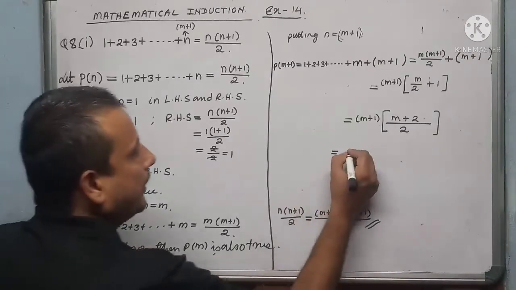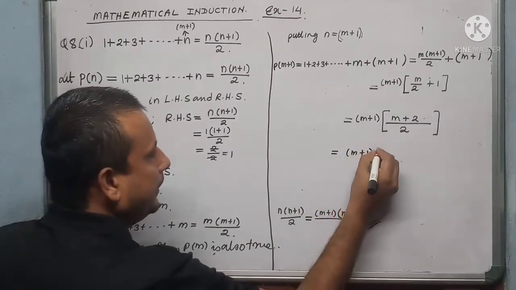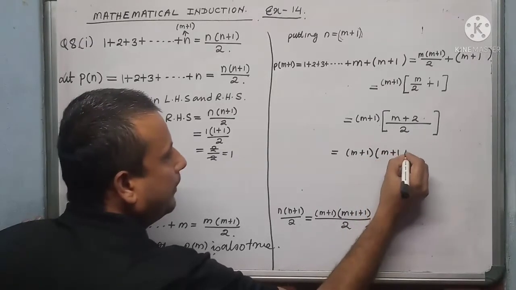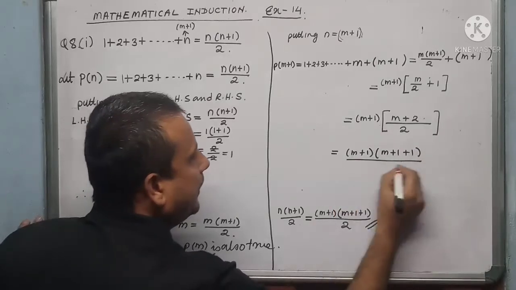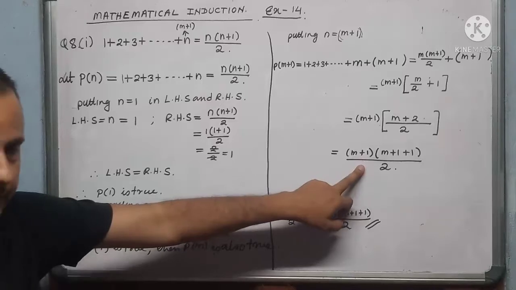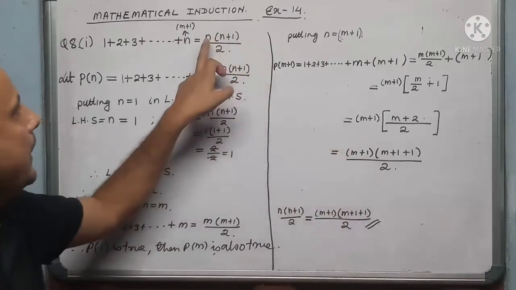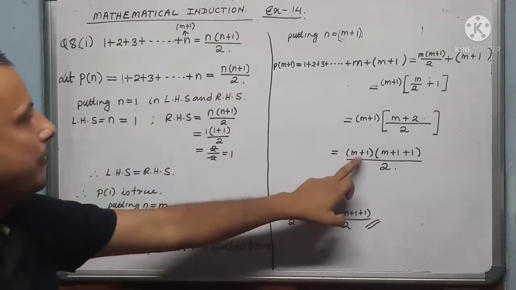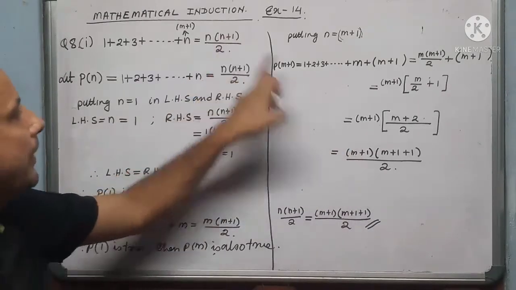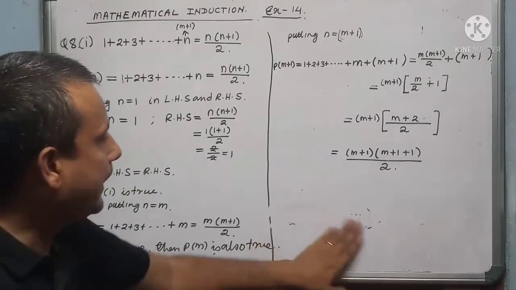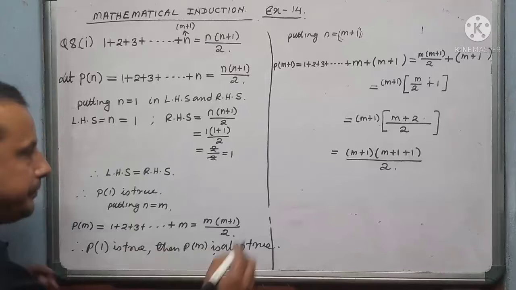Now m plus 1 is already there, into m plus 2. I'll break this m plus 2, m plus 1 divided by 2. Now in our answer, this n is replaced by m plus 1. In place of n, it is m plus 1 divided by 2. After getting this, you can say, therefore,